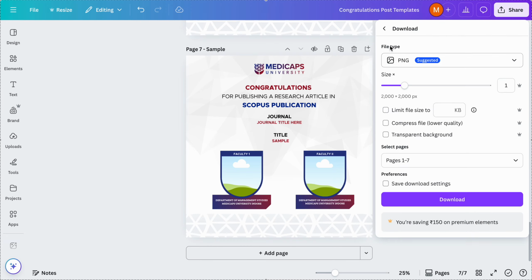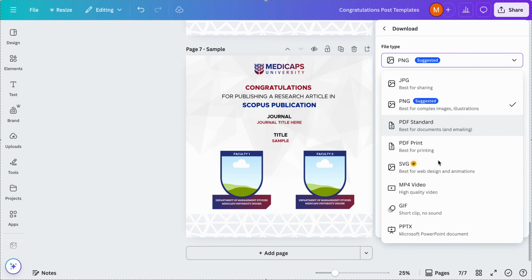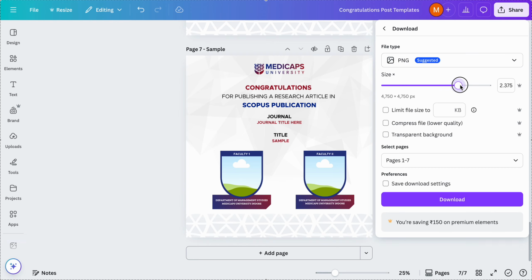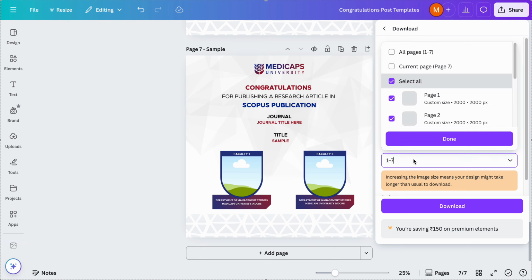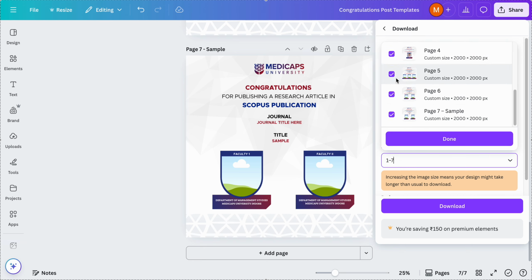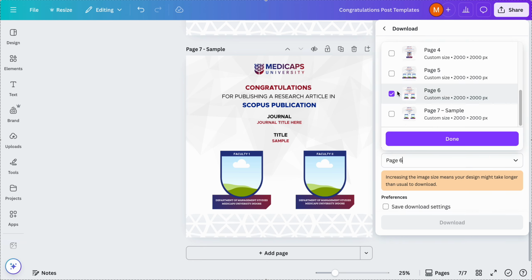After clicking on the download, you have to select the file type in which you want to download your post. After doing this, just select the file size to maximum to get the best output results. After doing this, click on the select pages and select all of the pages that you want to download, like